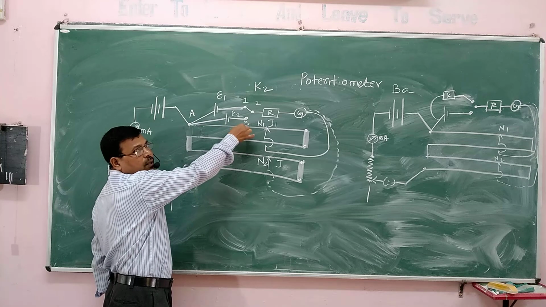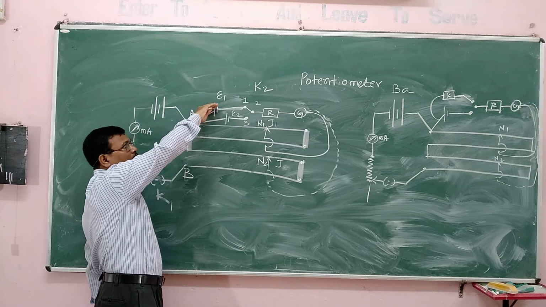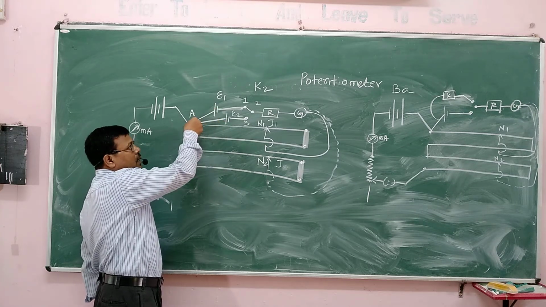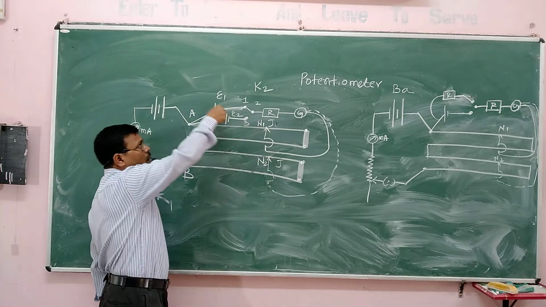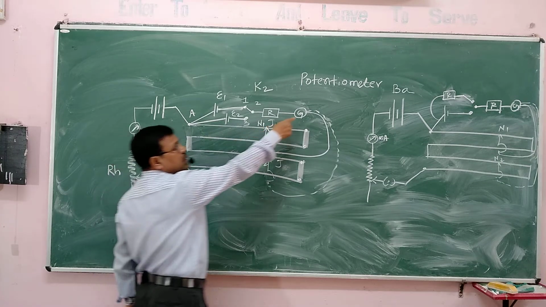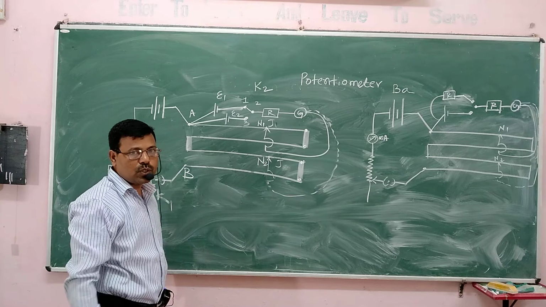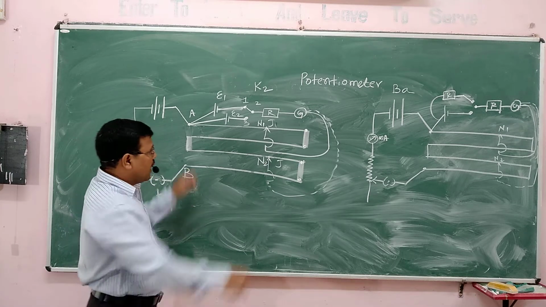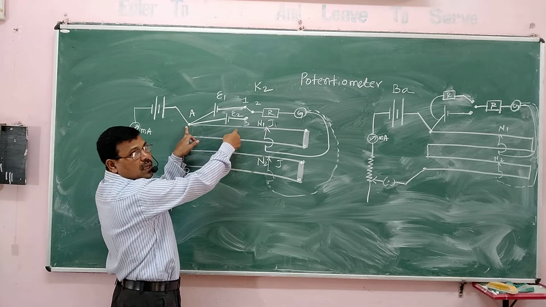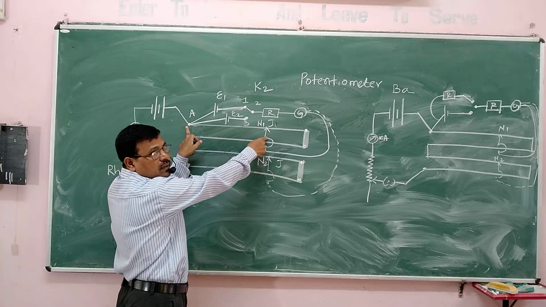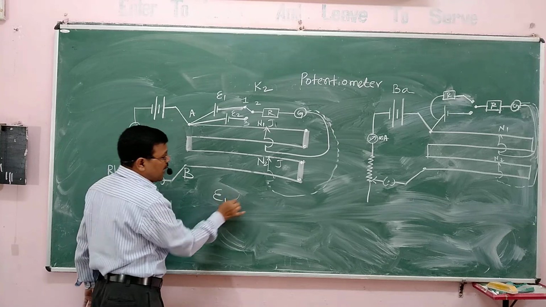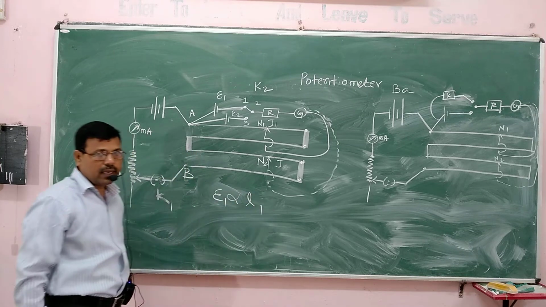As you move the jockey over the wire, there is a fall of potential on this wire from this cell. The potential keeps on falling here. All the potential of the cell falls when the galvanometer gives zero deflection. And that length at which the complete potential of the cell has fallen on this wire, we say that the EMF of the cell is directly proportional to the balancing length.